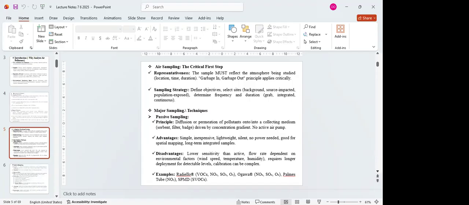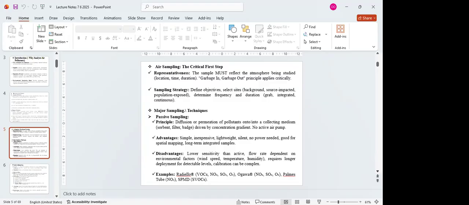Now, for us to look at air sampling, there are steps that we must take. These are critical steps, and one of which is the representativeness. The sample must reflect the atmosphere being studied. That is, you remember we mentioned the